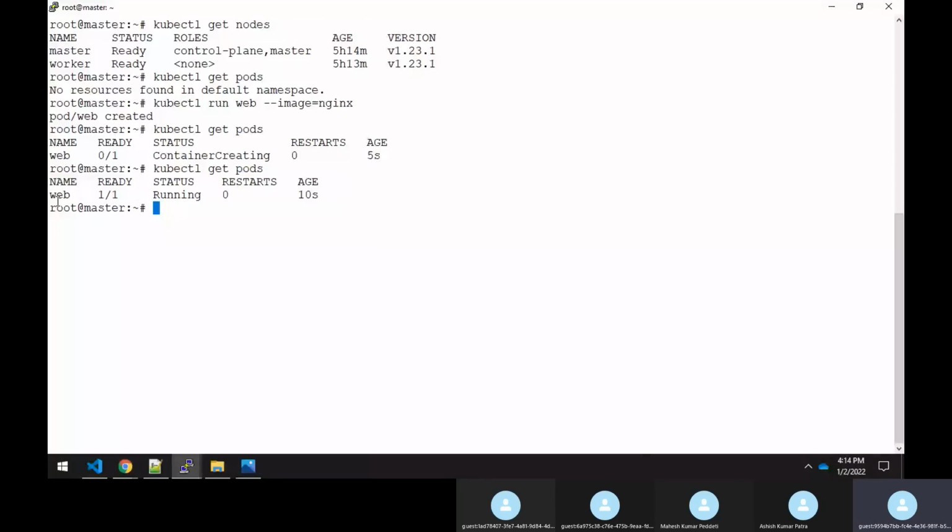So we need some kind of controller, which means some kind of replication controller feature or resource on top of this pod, which will monitor this pod. So how can you verify whether any controller is there on top of the running pod? You can remove this pod to verify it, right?